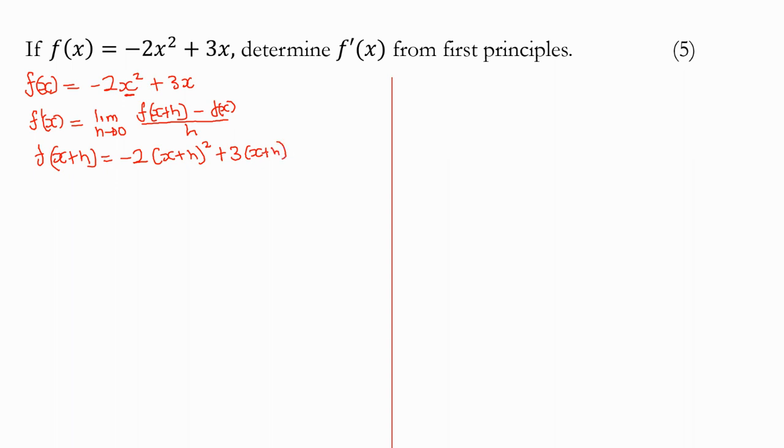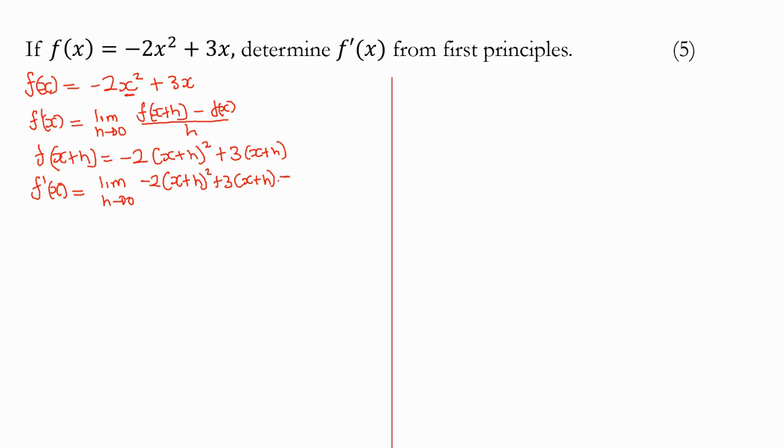Right, now let's substitute our f of x plus h and f of x into the formula. Let's go back to the formula. So it's f prime x is equal to the limit as h approaches 0. And then I'm going to substitute and put this whole expression here for f of x plus h. So it's going to be negative 2, then x plus h squared, plus 3 times x plus h, and then